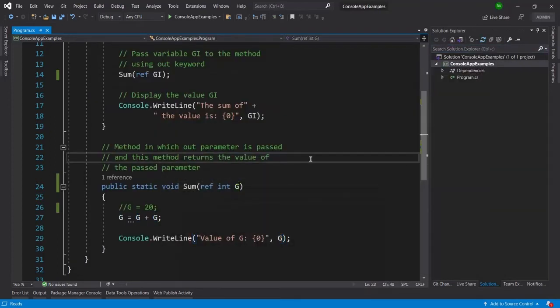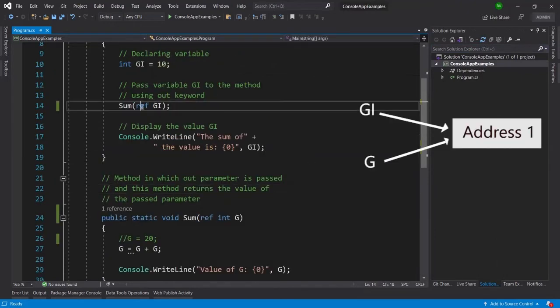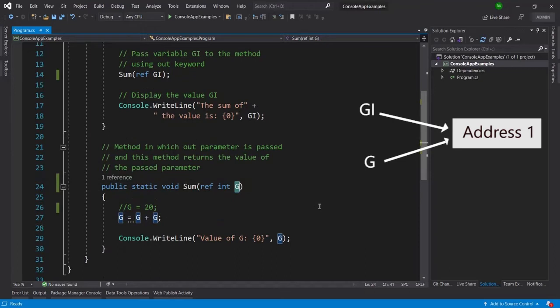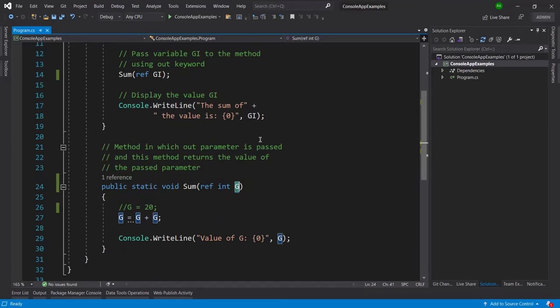Now we are using the ref keyword. That means the address of the variable gi will be the same as the address of the variable g. So when we called this method, the value became 10 plus 10, 20, and the address the variable g is holding is the same address which is holding the gi variable.